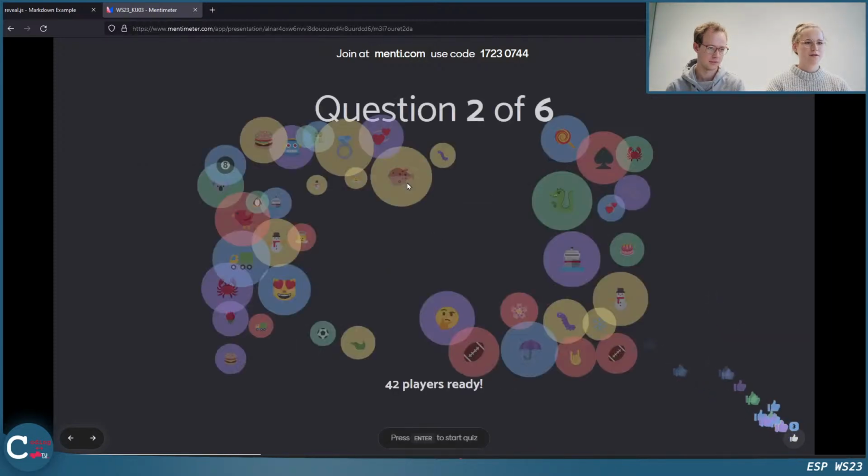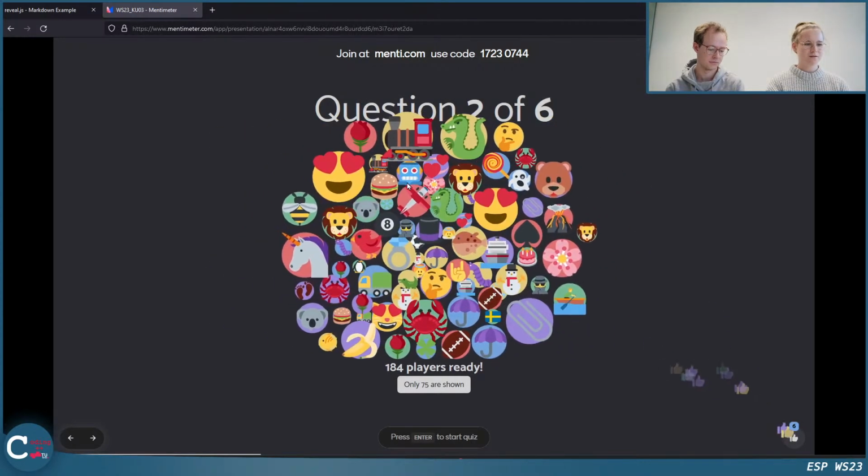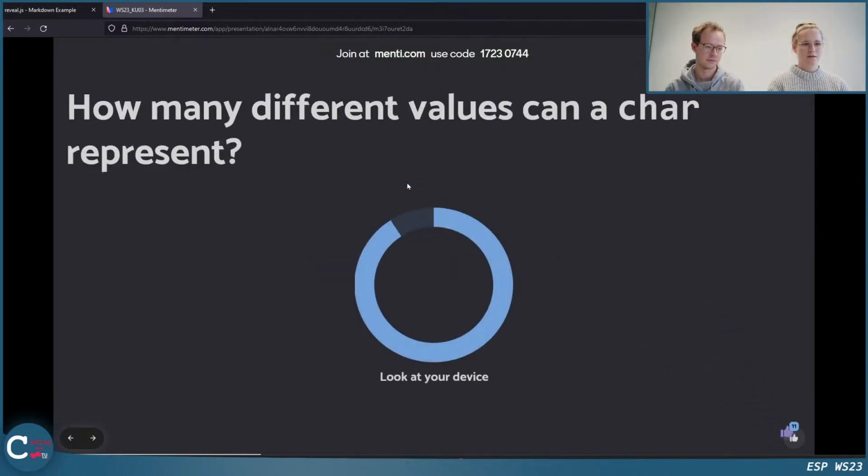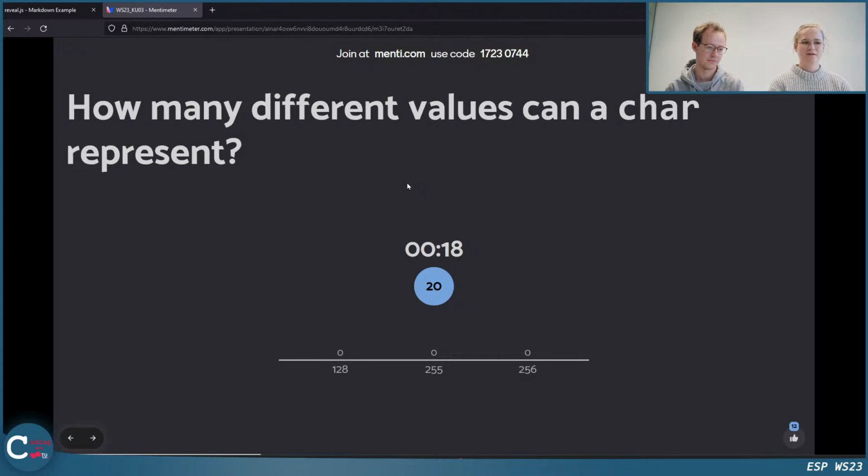Okay, so continuing to the next question. How many different values can a char represent? Also something we learned the last time. So the options are 128, 255 and 256. Some people are still thinking.